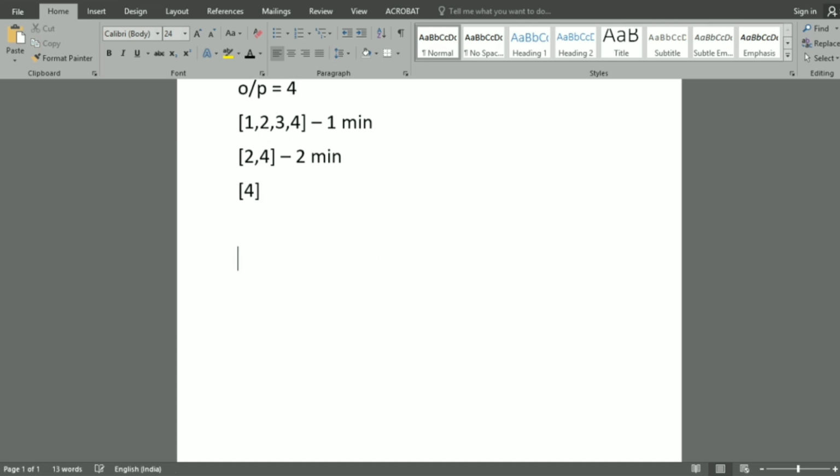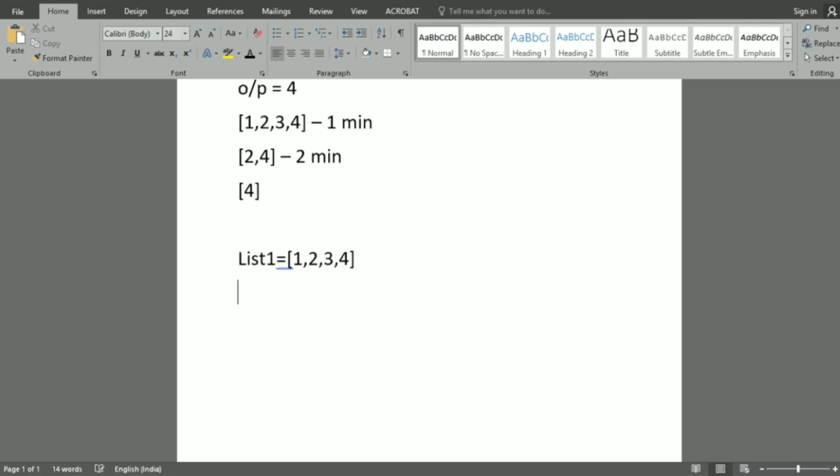So I will explain how to solve this question. First I need to add values to the list. I have taken the example as 4, and I am adding 1 2 3 4 to the list. During the first iteration I need to remove 1 and 3. So you can see I only need 2 and 4, that is the values present at the first index and at the third